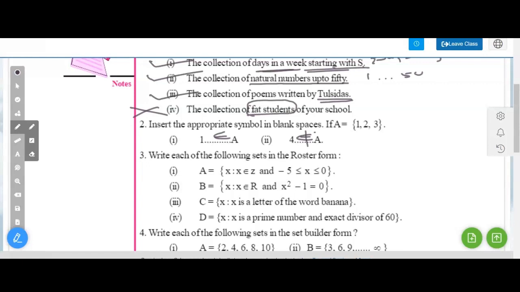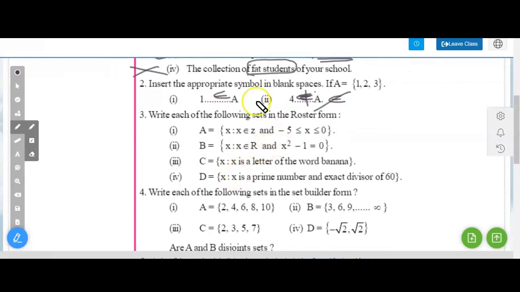Okay, you can write it this way. It doesn't belong to A. Which of the following sets are to be written in roster form? Roster form means you have to write with the elements. So the first one is x belongs to integer, and in this set you will have elements